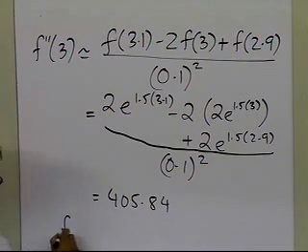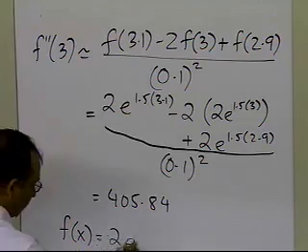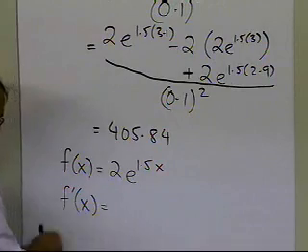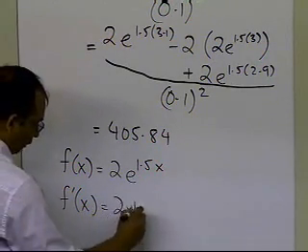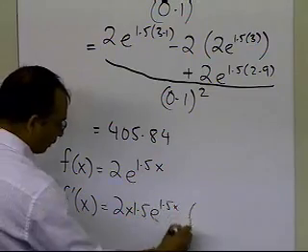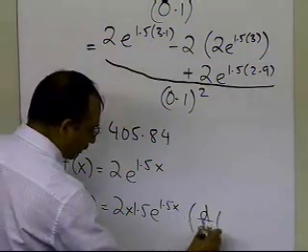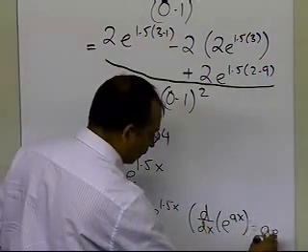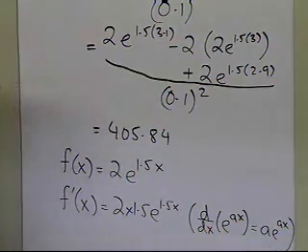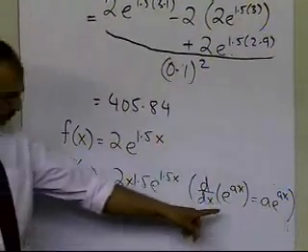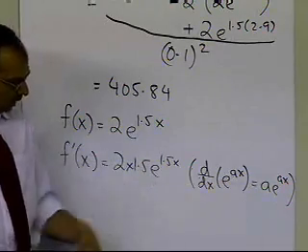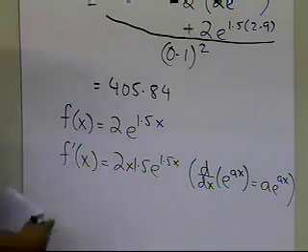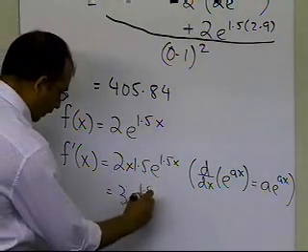So we are given f of x is equal to 2e to the power 1.5x. So we know that the first derivative of the function will be 2 times 1.5 e to the power 1.5x, because from your differential calculus, d by dx of e to the power ax, where a is a constant, is nothing but a e to the power ax. So using that from your differential calculus class, I get 3e to the power 1.5x.